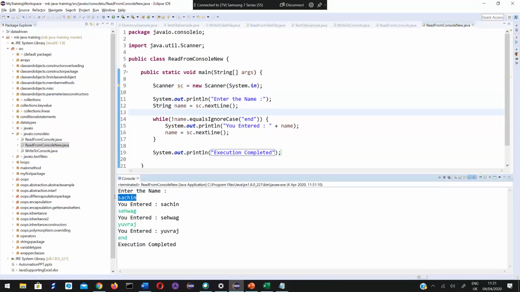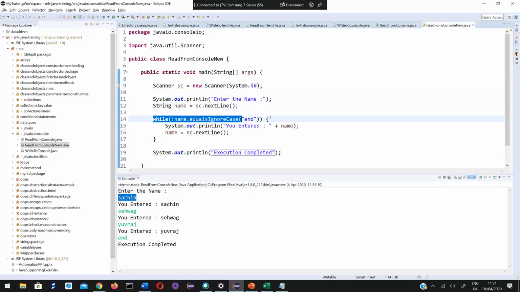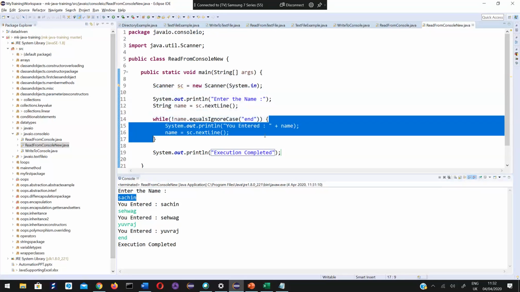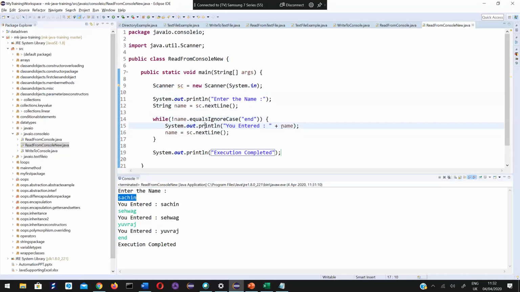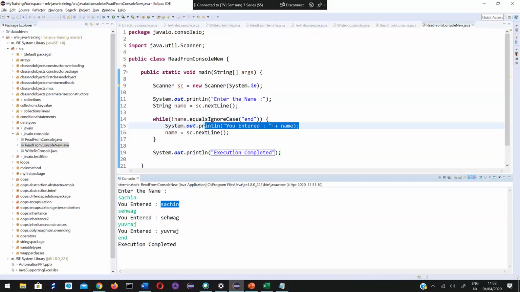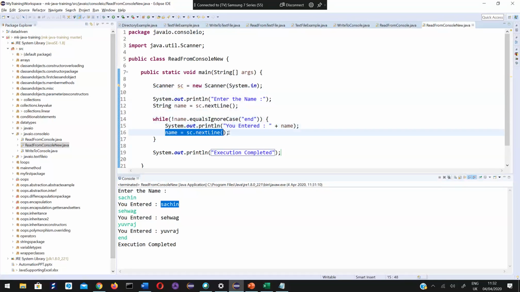I entered Sachin. Then here it is checking whether the name that I entered is not end. Obviously, Sachin is not end, right? It is going inside. It is printing you entered Sachin. Then it is waiting for me to enter the next value.